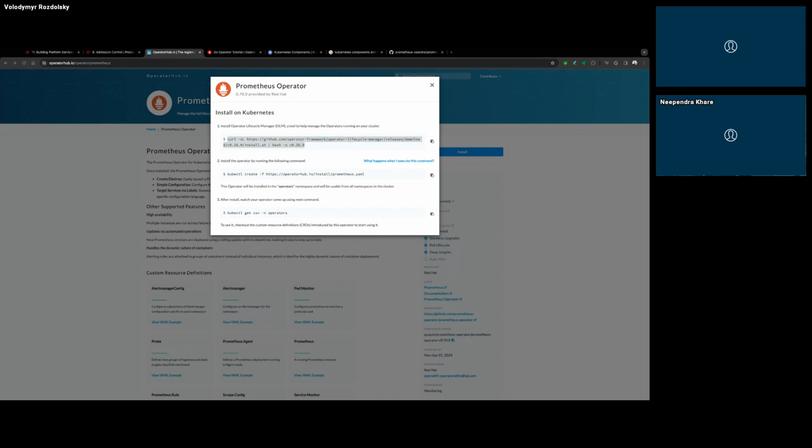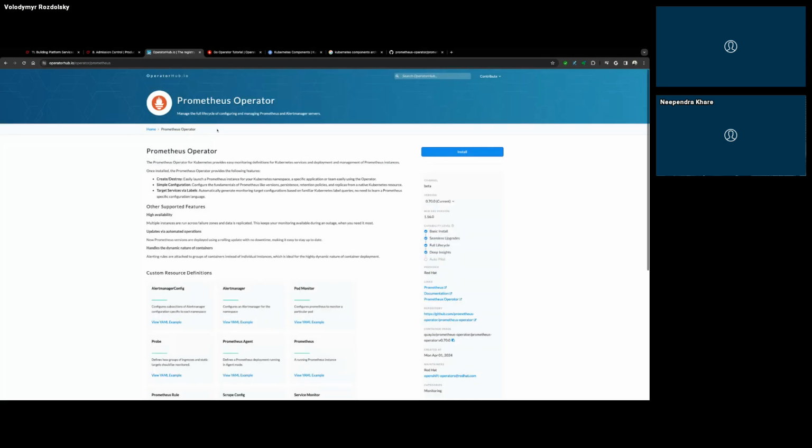Oops, it already exists. I think I tried it, but I deleted it. Let me see. That's strange. Okay, maybe I'm not going to be able to do that because I tried something, and it says it already exists, but the namespace doesn't. Okay, maybe next time, or we can install some other operator.